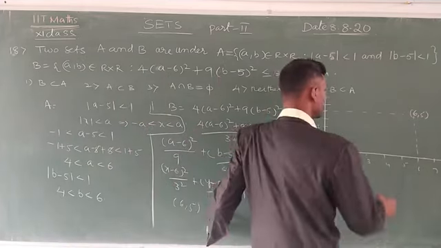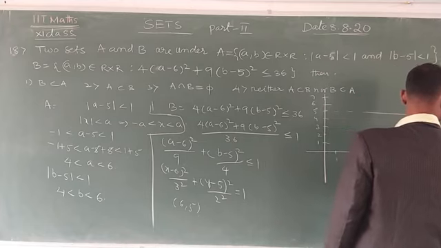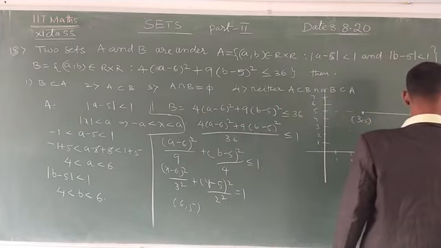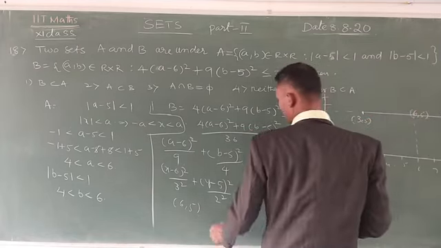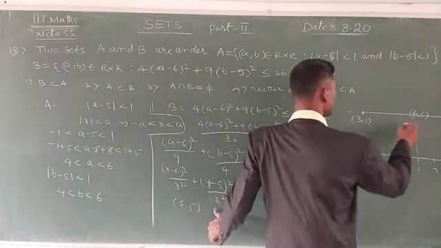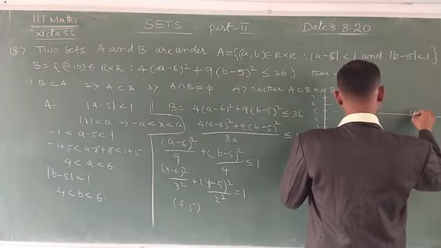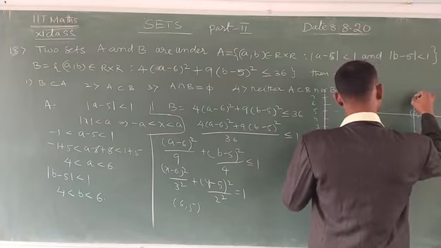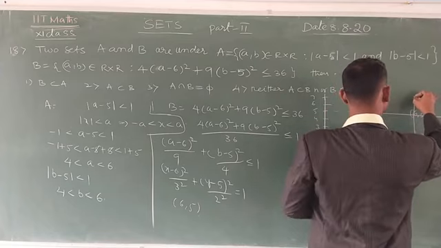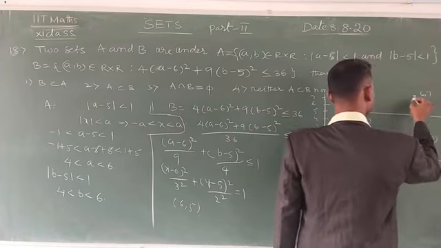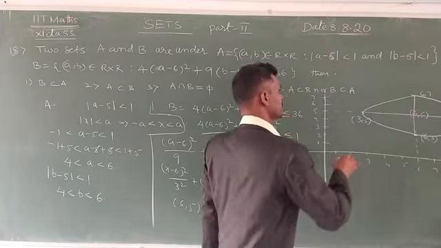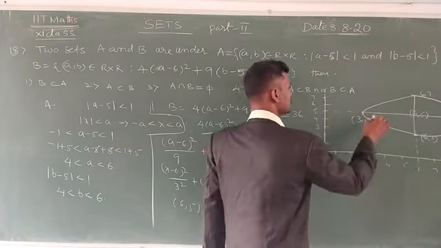Now here the major semi-axis is 3 and the minor semi-axis is 2. Major axis 3 means from here 3 units up to here, and here up to here. This is 3 comma 5 and this is 9 comma 5. Now the minor axis is 2 units. You have to take 2 units up and down. 2 units means up to here 3, here 6 comma 3, and here 2 units means 5, 6, 7, here 6 comma 7. Now you have to join these points. This is an ellipse.